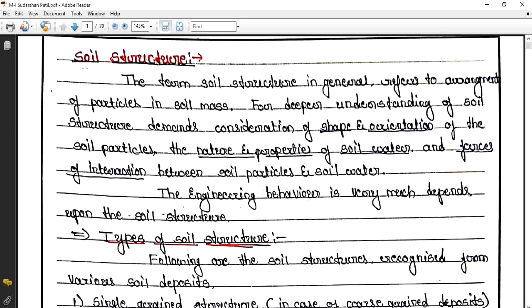So I am moving back to the soil structures. It is a very simple thing. It doesn't depend upon any of the points in the modules, so I thought to teach it individually. So you can see over here